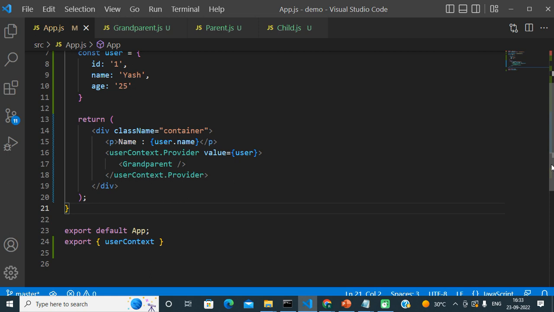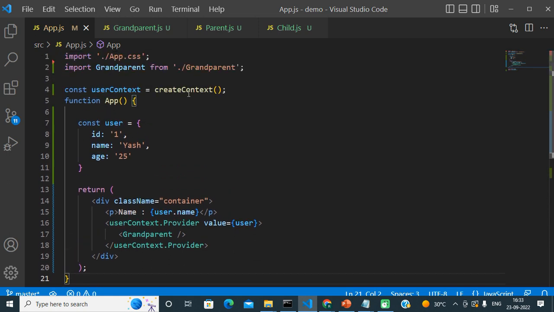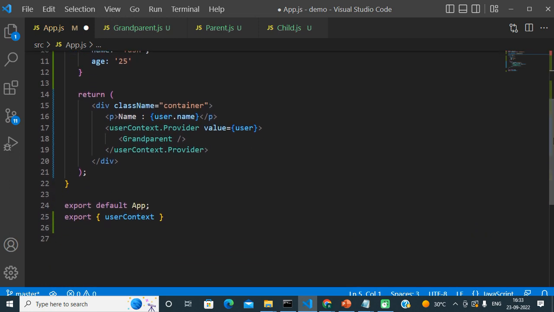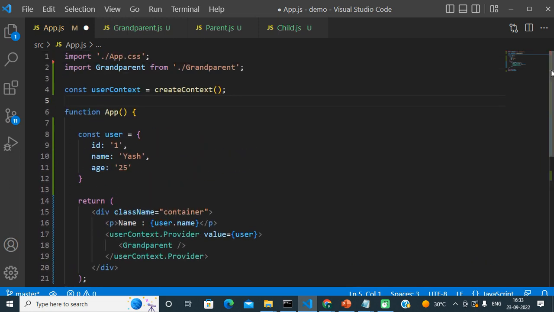At the top level component, the parent component, we need to call one function, that is the createContext function, and we need to create one context in that component. After that, we just need to export that context from this file, and we just need to use that context like any other component.